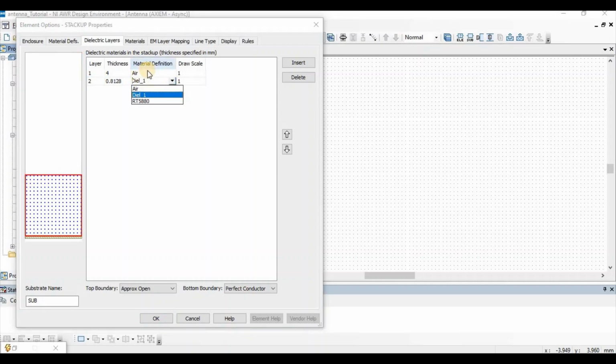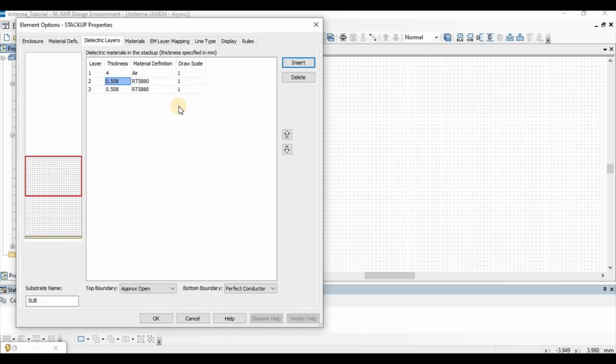So here my first layer, here it is indicating, right, that is air. Then second layer is my Rogers, whose thickness is 0.508, and then comes one more layer below. So then again click on insert, so again that will be air, which I'll take approximately 10 for it.